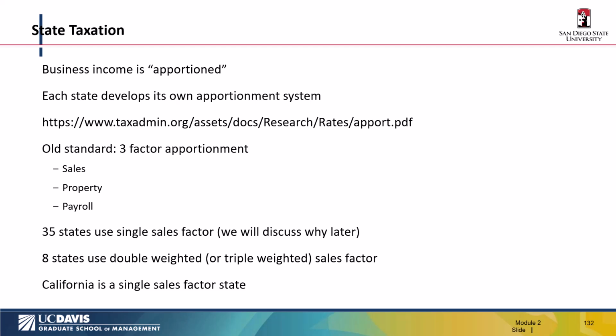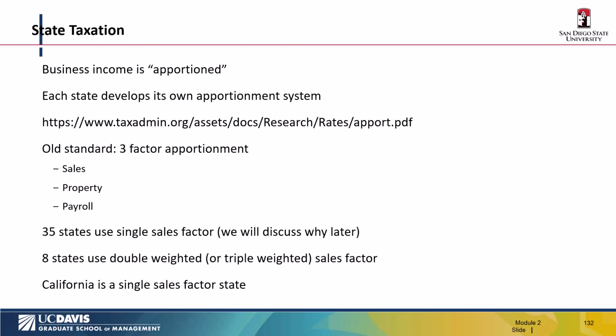It used to be a 3-factor apportionment formula. You would measure the sales, property, and payroll in state divided by everywhere, right? So what is the sales into California divided by the total sales? What is the property in California divided by total property? What is the payroll in California divided by total payroll? Well, think about it. Those lined up with our old-fashioned nexus driving factors, right? It was income, property, and payroll. So think of those as selected because they represent economic activity.